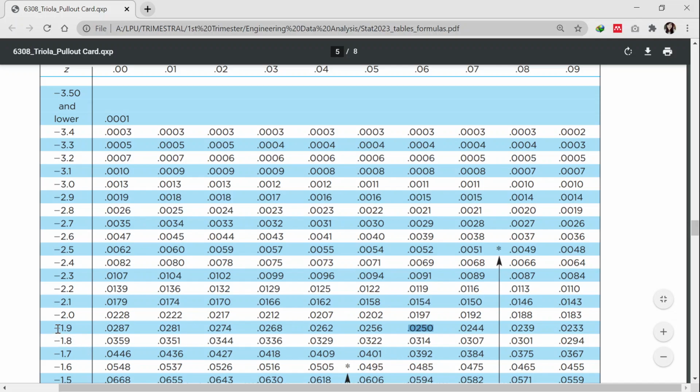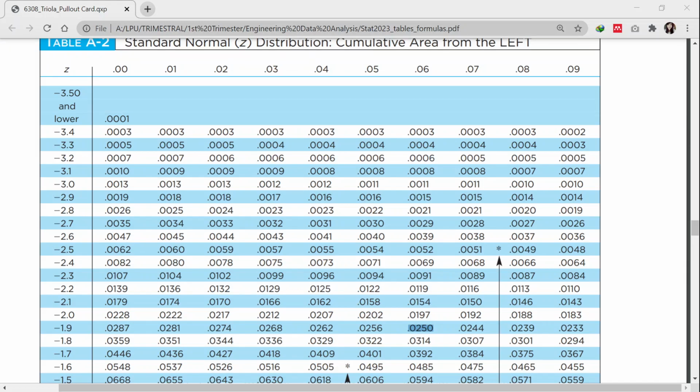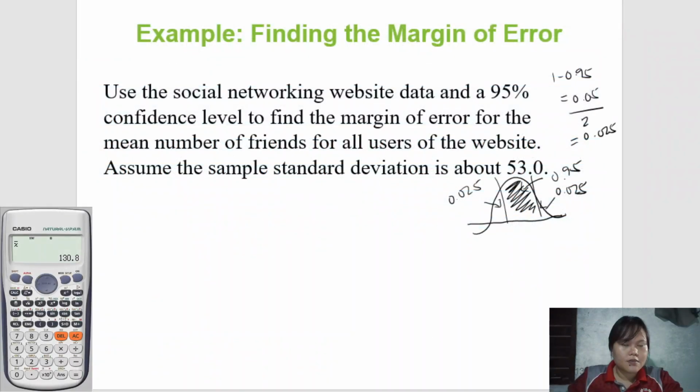Ang Z value is negative 1.96. Okay, so that's negative 1.96. Okay, so I would just be placing it here. That's negative 1.96. So as stated a while ago, since normal distribution naman siya, yung kabilang side, positive lang. So positive 1.96. Okay? So next, since na-identify na natin yung Z value natin, so we can now approximate the distribution